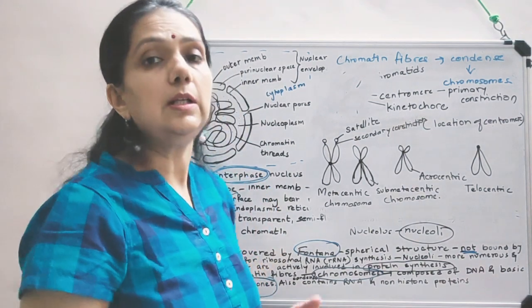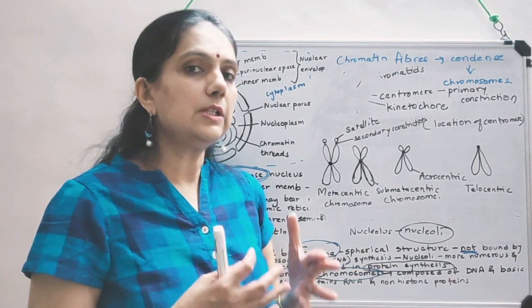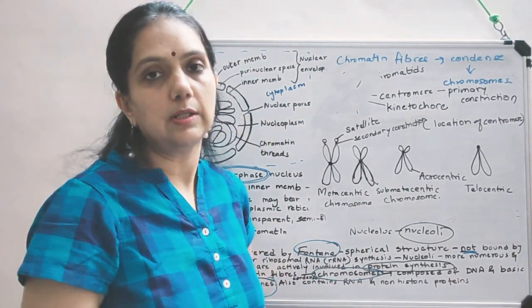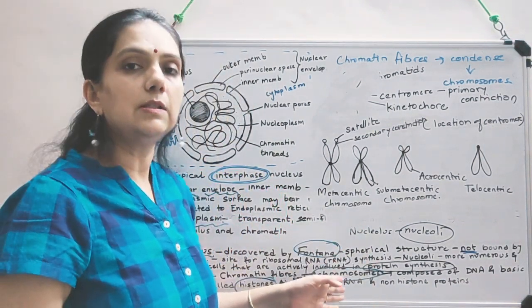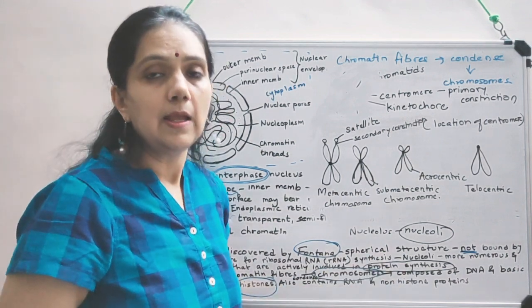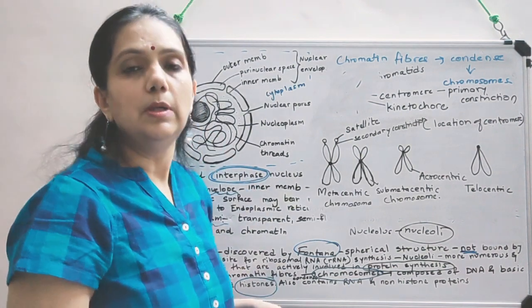And thirdly, it regulates cell division. When should a cell go into division? That is decided by the nucleus. The fourth function is it is involved in synthesis of ribosomes, as it has rRNA, and it is responsible for